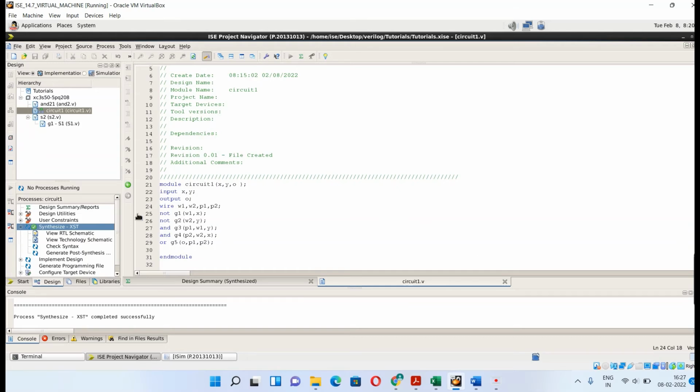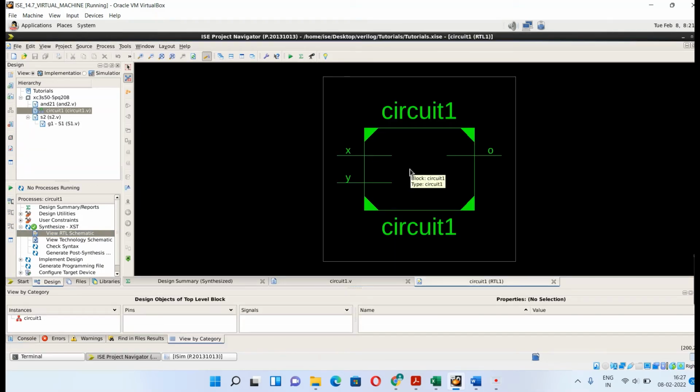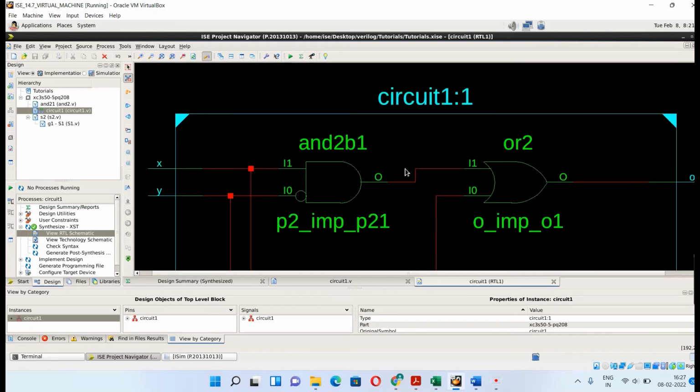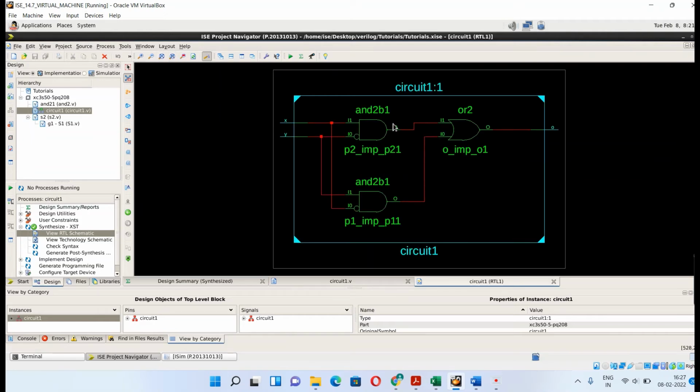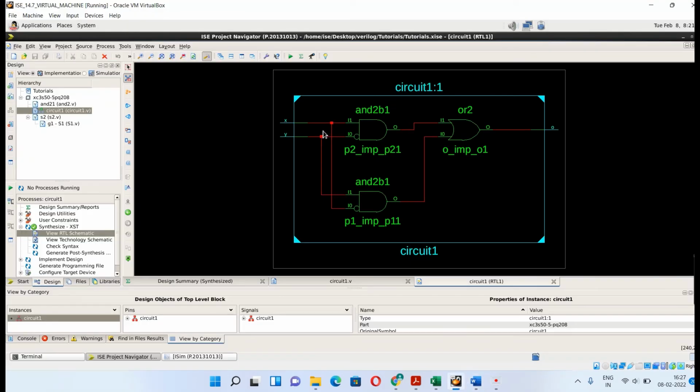Now I'll proceed further and we'll see the RTL schematic. This is the top view. We'll double click on the center and zoom to fit. Yes, we are getting the desired circuit, right? The input of the inverter is shown as a bubble over here.